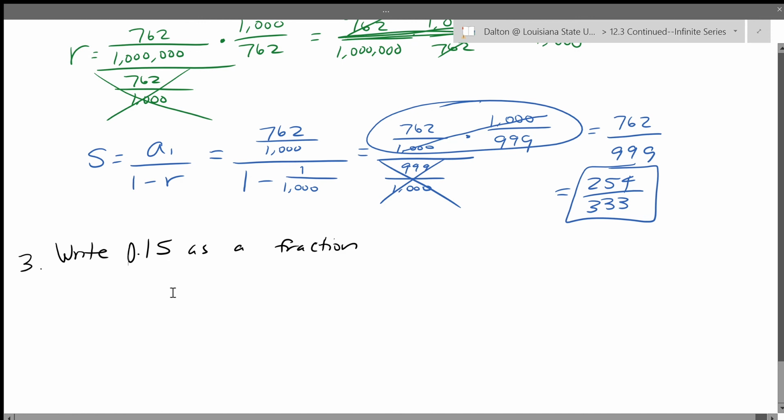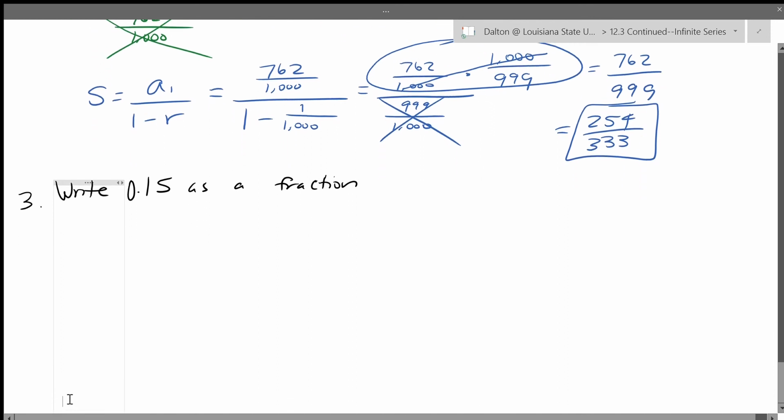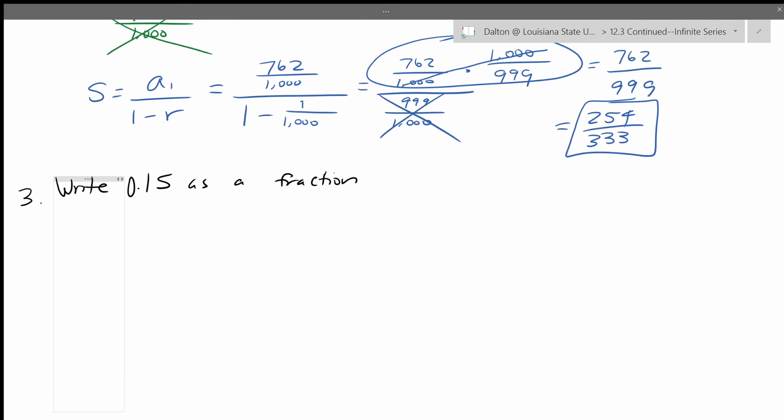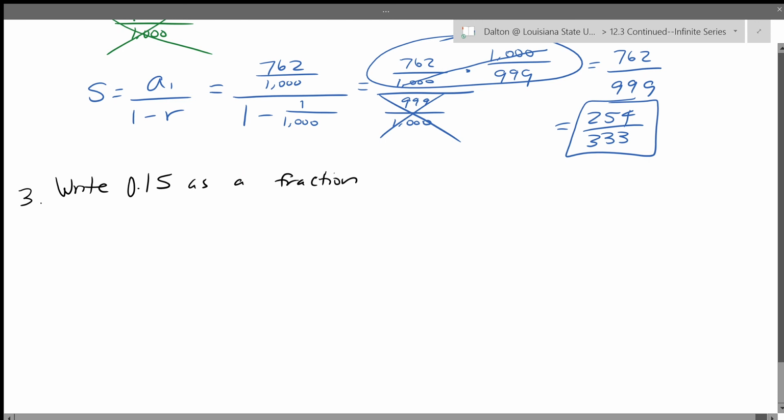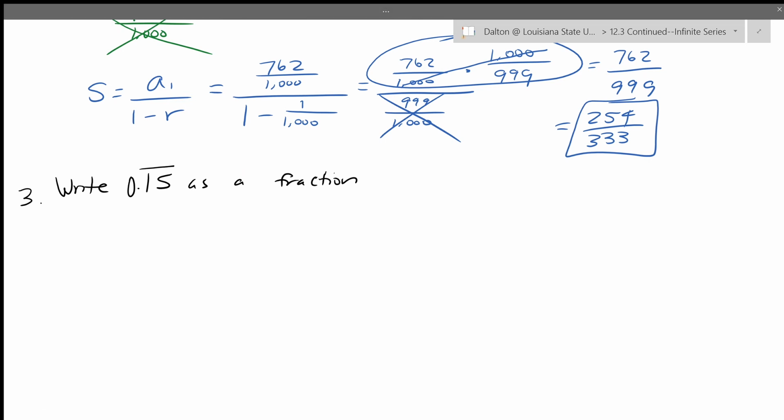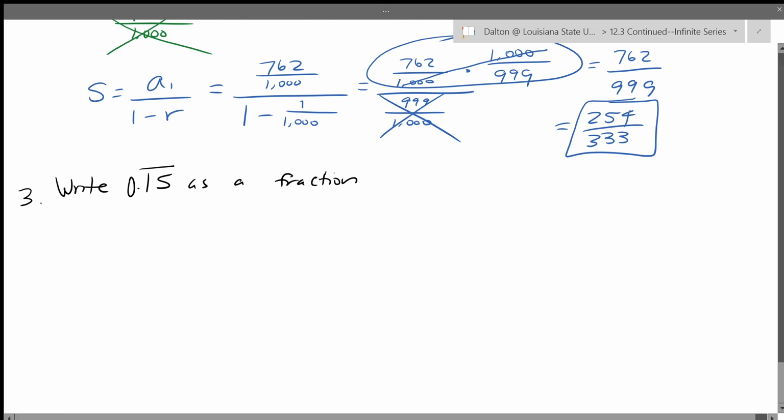And that is true, but I want you to prove that using your infinite series. So we're going to write, and this should actually have a bar on top, 0.15 repeating. If I write it as a sum of fractions, that would be 15 over 100 plus 15 over the next 2 places, adding 2 more zeros, so 10,000